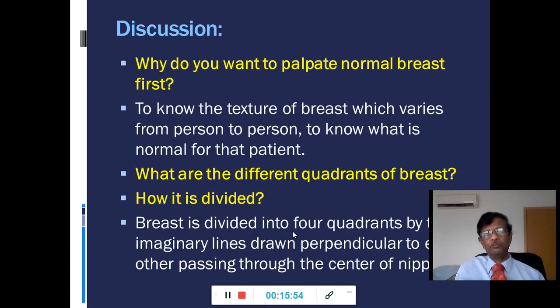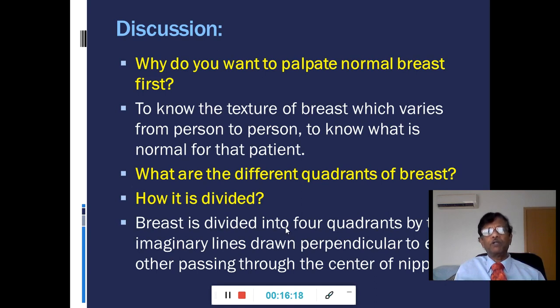Yeah, you mentioned three dimensions of the swelling. Very good. Because in the breast and also in the scrotum, where you can make out the three dimensions, you should not say only two dimensions. 4 centimeters, 5 centimeters into 5 centimeters. So three dimensions you made out. That is very important for us for management purposes. That will be helpful, and also for staging purposes.